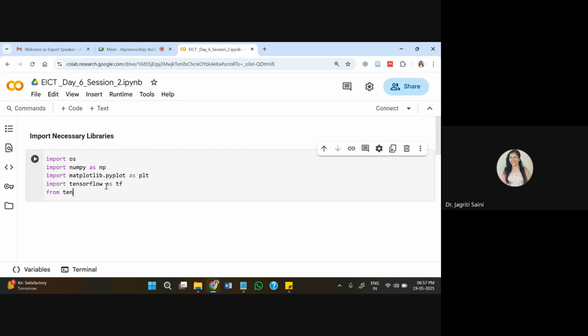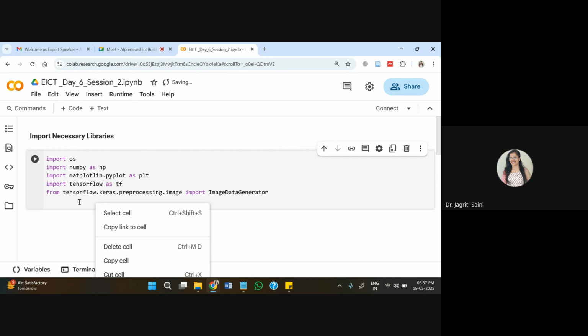Then from the TensorFlow environment, I'll go to Keras, and from here I'll get the pre-processing repository so that I can pre-process my X-ray images because they come with so many annotations, etc. So we may need to remove that. I'll use a data generator from the pre-processing library. It will also help me to augment my dataset, to resize it, or to create different versions of X-ray images for better training of our model.